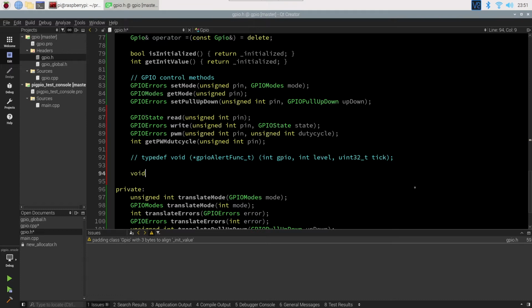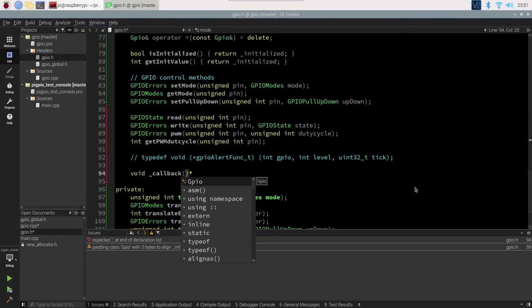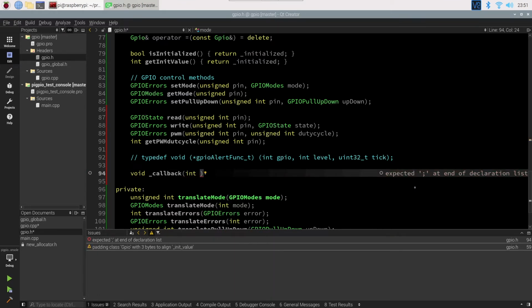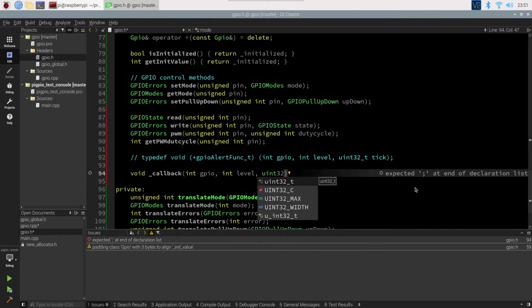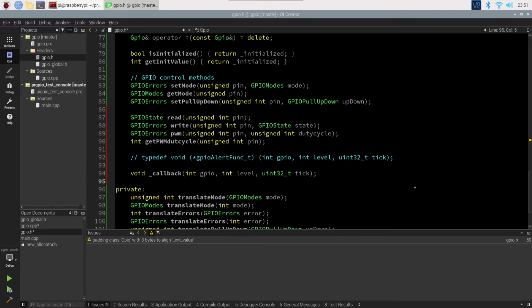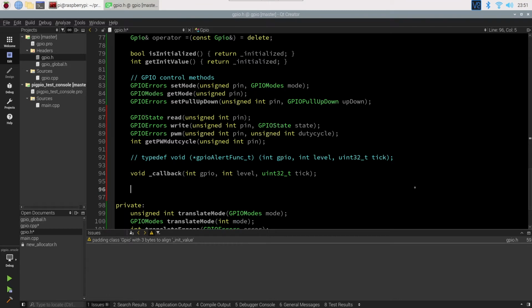It's going to be void. We'll call it underscore callback. Int Gpio, int level, and uint32_t tick. So that's our callback function, and then we need a void